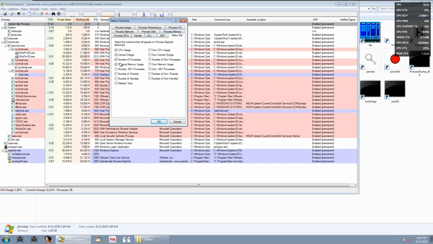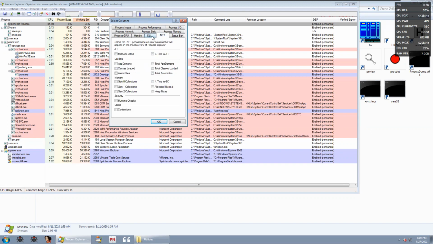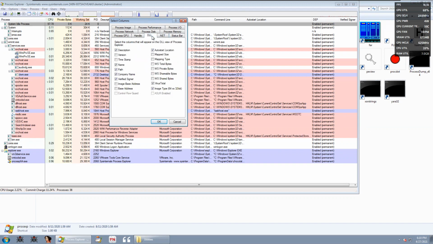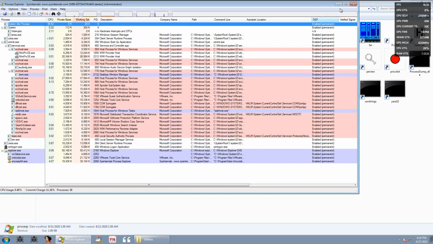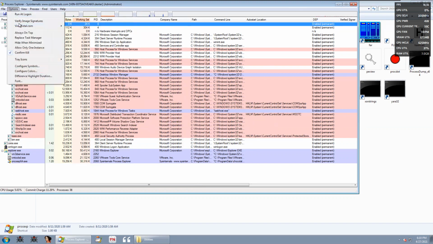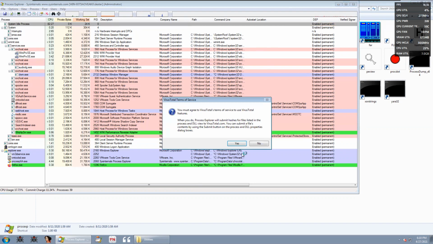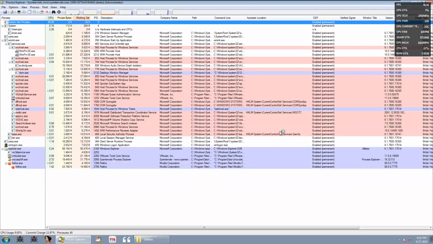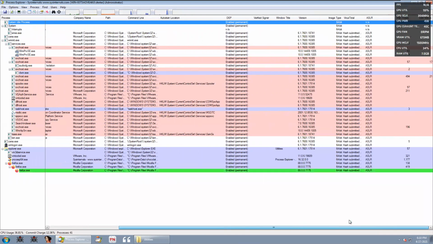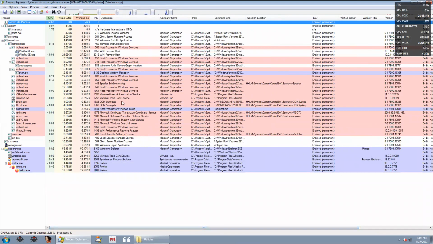Status bar, I'm going to see CPU, number of processes, refresh time, no. On memory usage, no. .NET, not going to do that currently. Look, this should be okay. You can enable lookup. Okay, sure. Now options, VirusTotal, check virustotal.com. Now after that, it's just a matter of seconds when I simulate that malware.